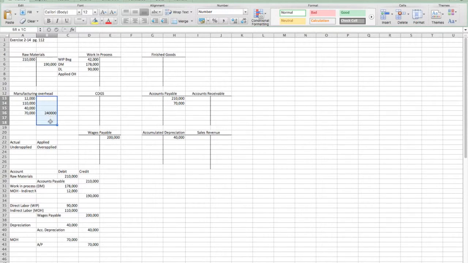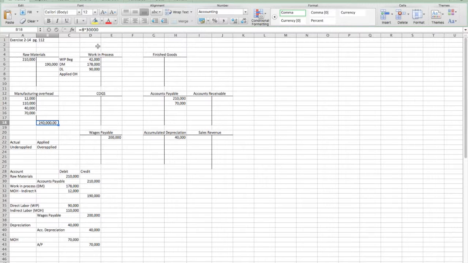Now we're going to compare that to the amount that they applied. So we know that they applied $240,000 right there, and we'll see how much we actually incurred during the period. So we incurred $232,000 and we applied